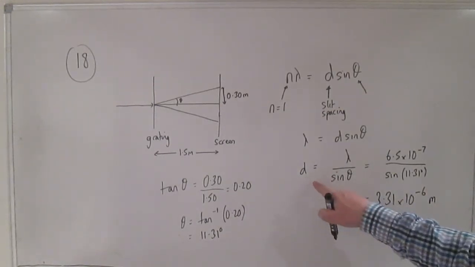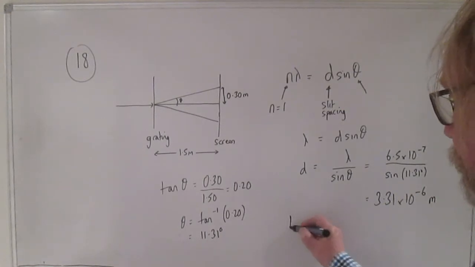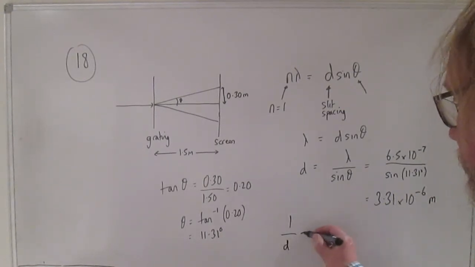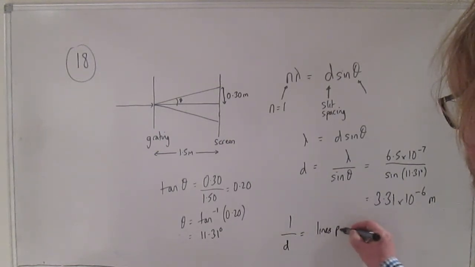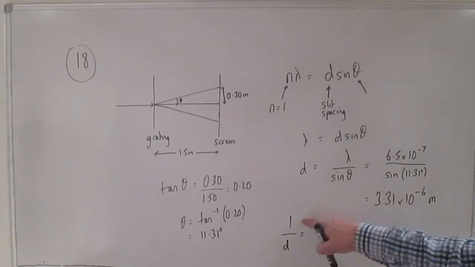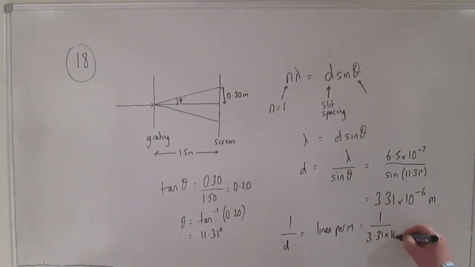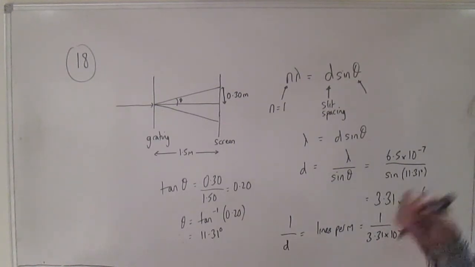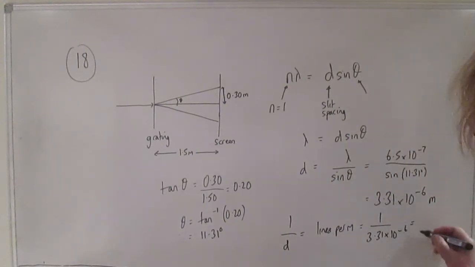So if d is the separation between lines, then 1 over d is equal to the number of lines per metre. Okay, because if that's the separation in metres, then 1 metre divided by d is the number of lines per metre, which is 1 over 3.31 times 10 to the minus 6. And that works out to be 3.02 times 10 to the 5